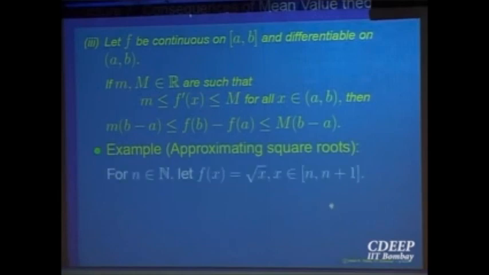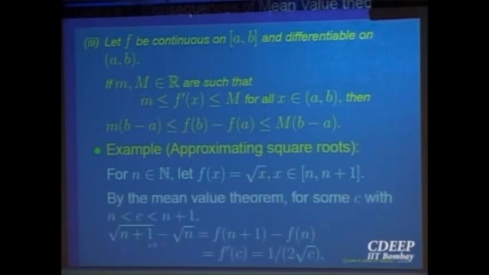I think this is the final and small application, which will tell you that these things are not just for the sake of doing it, they are useful in computations. Let us look at the function f(x) equal to square root x in some interval n to n plus 1. The function is continuous and differentiable, so the mean value theorem is applicable. So that gives me that there is a point c such that f(n plus 1) minus f(n) will be equal to f prime at c, for some point in between. So I get square root of n plus 1 minus square root n equal to 1 over 2 square root c for some point c in between.